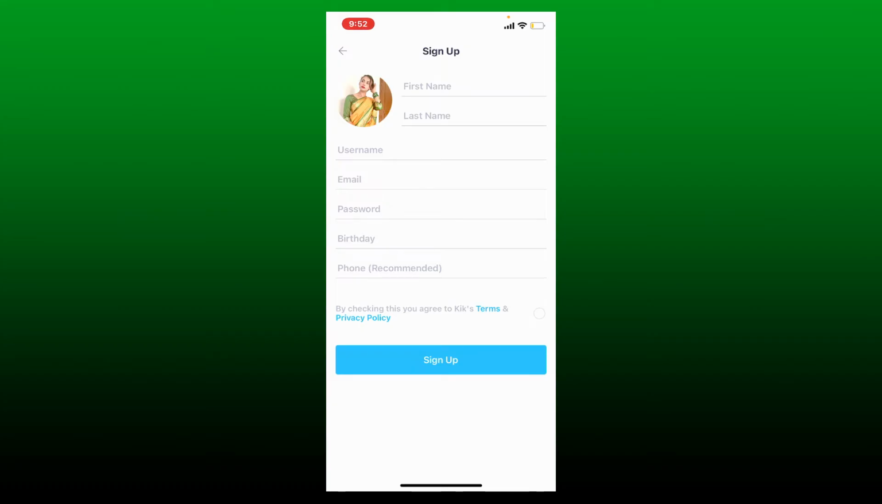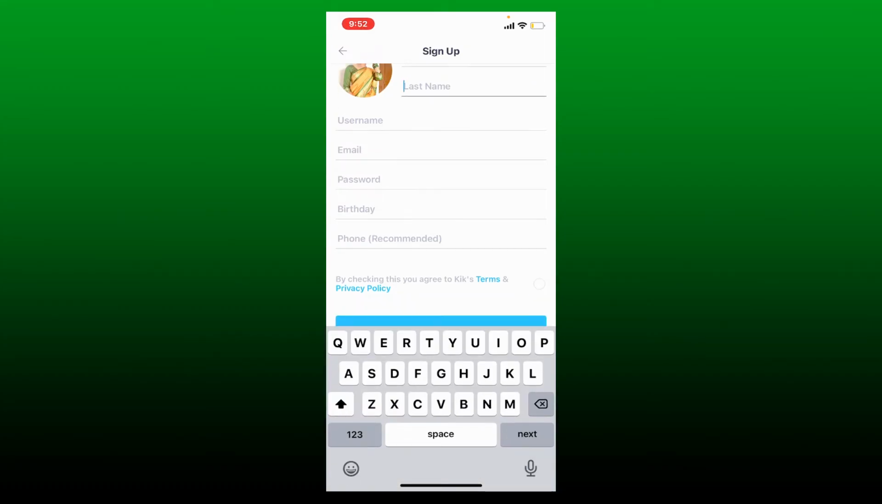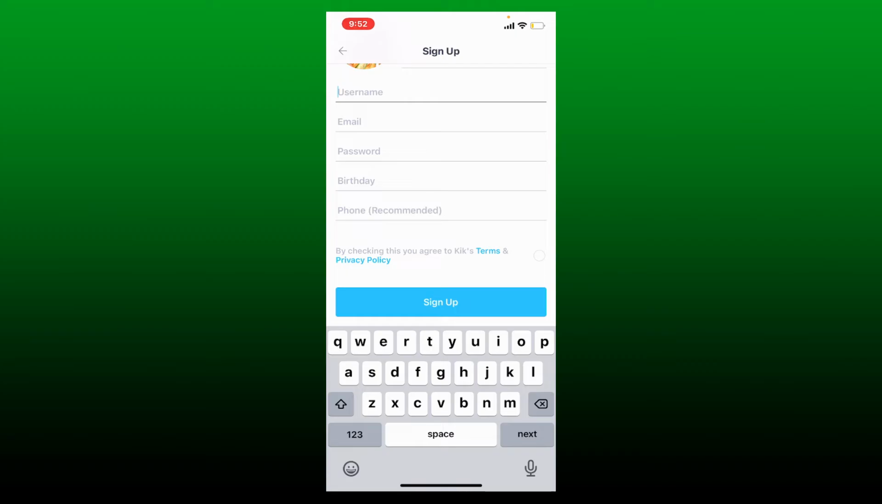Now, enter your first name in the first text box and then your last name on the next. Type in a username for yourself and make sure to choose a unique username since two accounts cannot have the same username. Once you choose a username that is available, go to the next field and type in your email